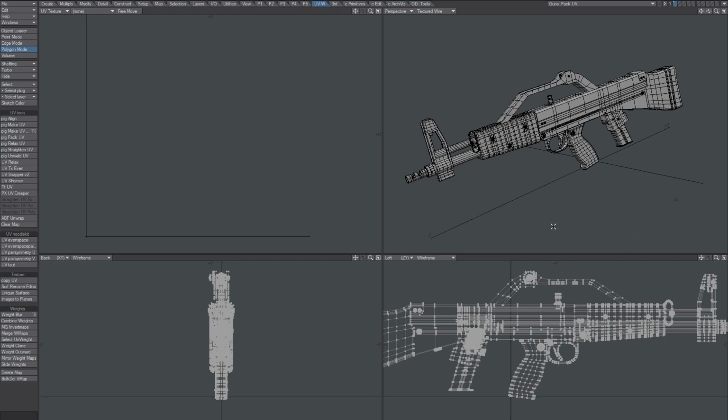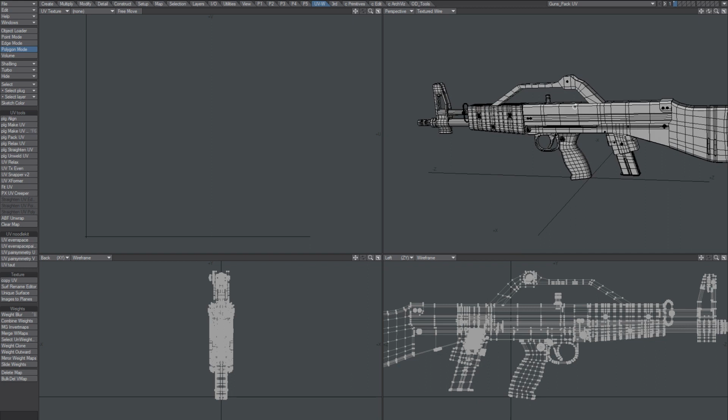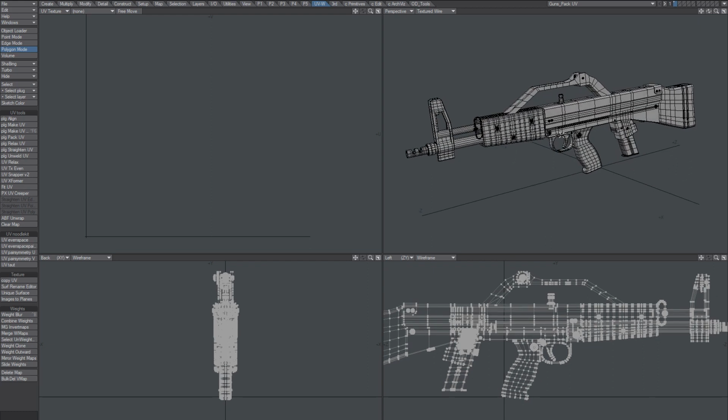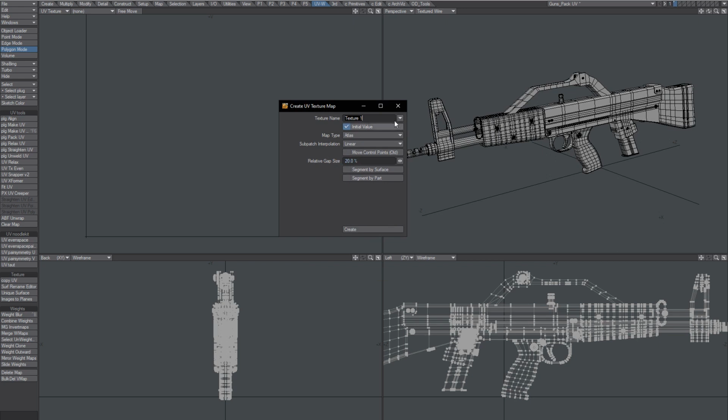Quite often you don't need a perfect UV map because you're going to paint it in a 3D paint application anyway. So having a perfect UV map is quite often not needed, especially not for technical models. So I thought I could just show you one way of going about that, and I'm going to use the name